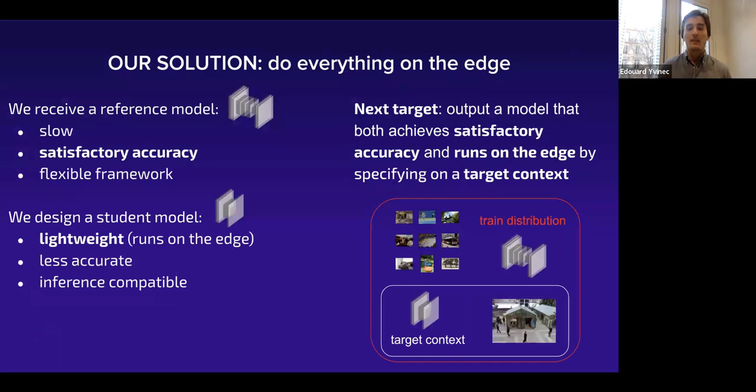So that's the setup. We have a trained network. As a client, what you would give us is your trained network. Eventually, you have designed your own student, or maybe we design it for you. That's up to the individual case. And what we want to do is have the accuracy of the big model on the small model. So that already should ring some bells about distillation and stuff like that, but we'll see about those details. So how can we do that? Essentially, what we'll do is specification.